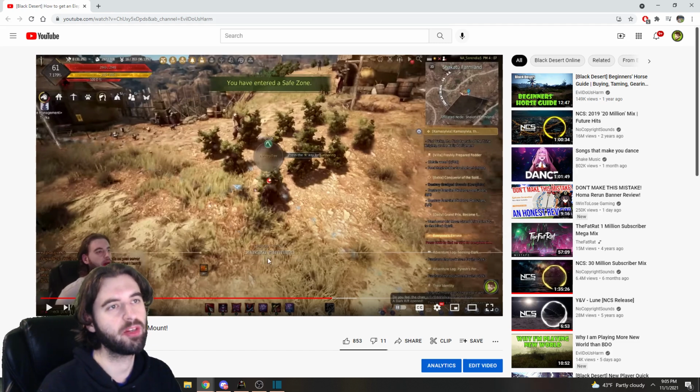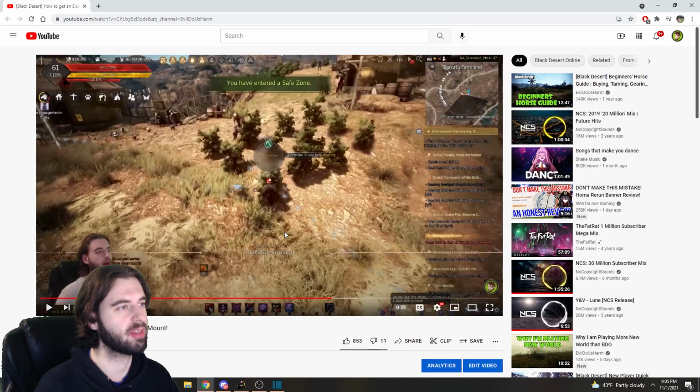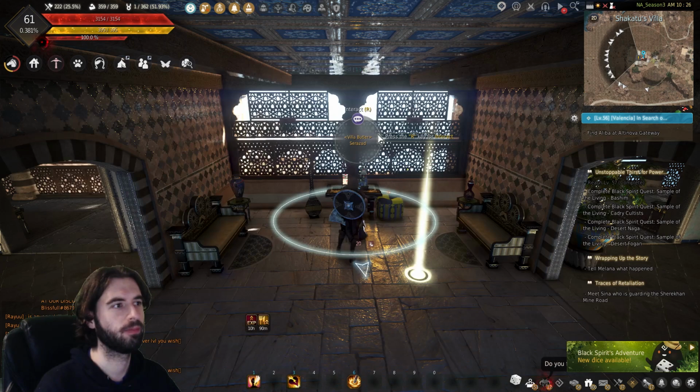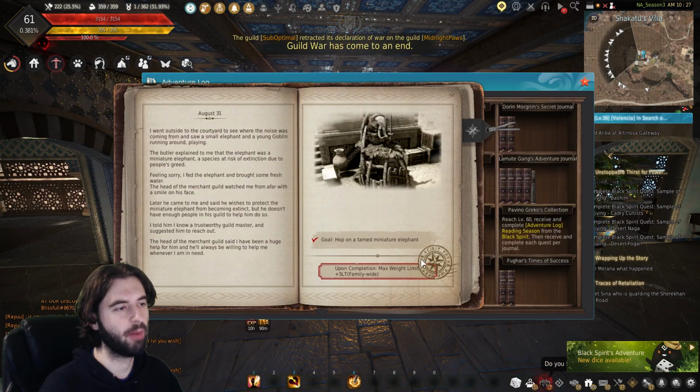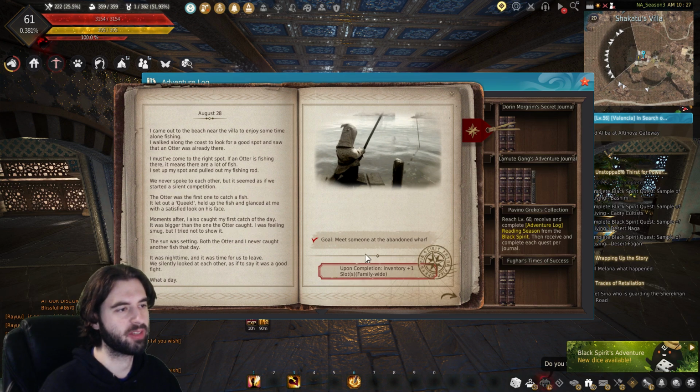If you do already have a miniature elephant, all you got to do is get on top of it, so pretty easy to complete the challenge. If not, though, you're going to have to do this quest line. It costs like 40 million silver and like 30 minutes of your time. So you do most of it up here in Shikatu. Follow through this guide. It's linked in the description below. So that'll complete this challenge right here. Hop on the miniature elephant for 5 LT,